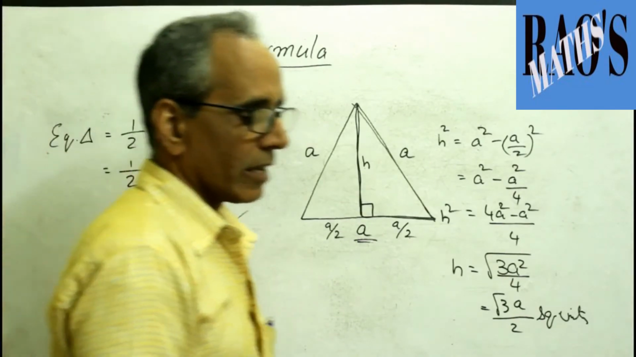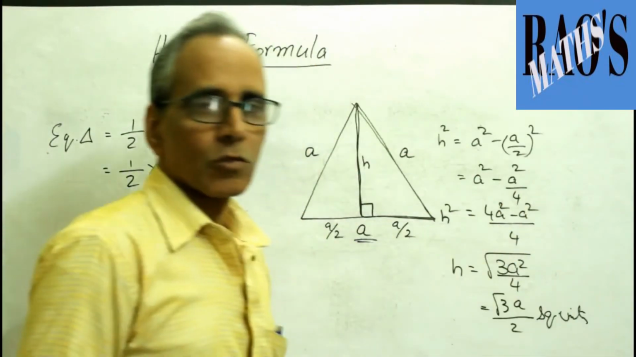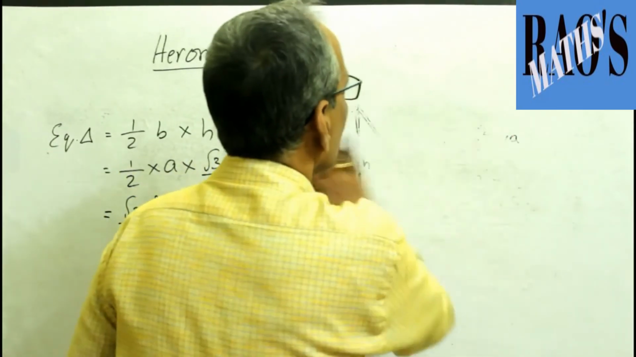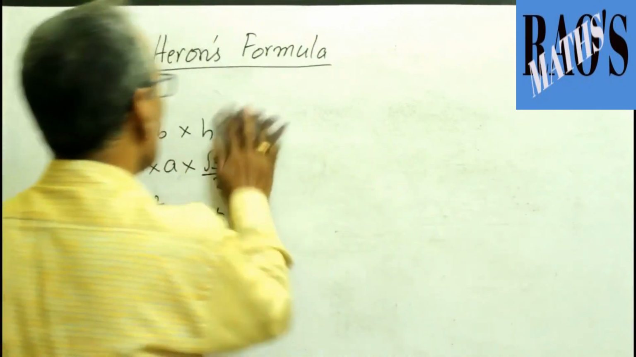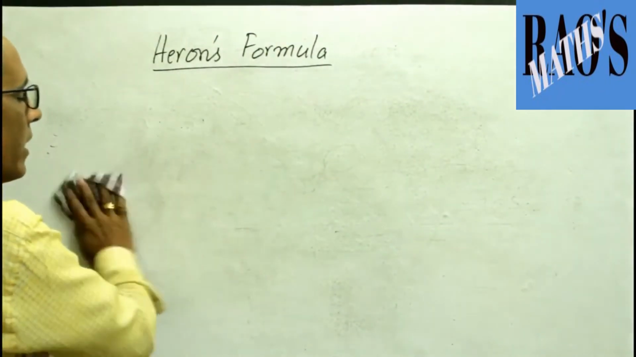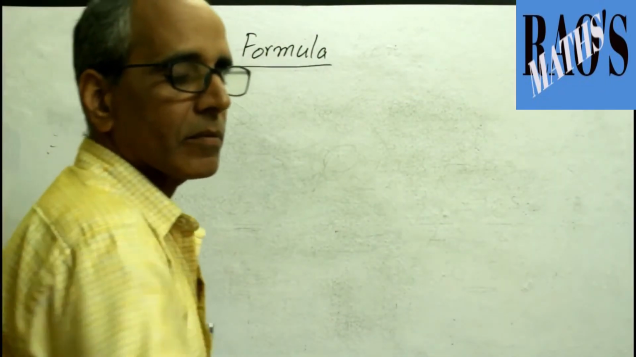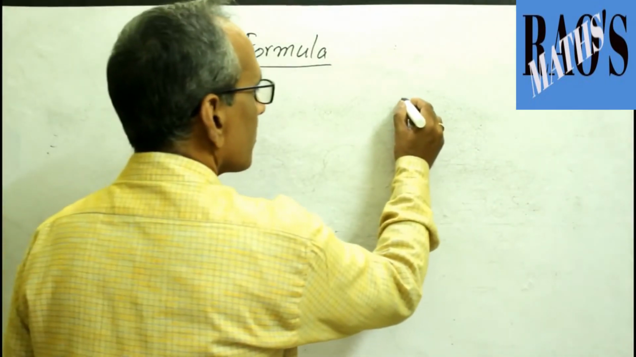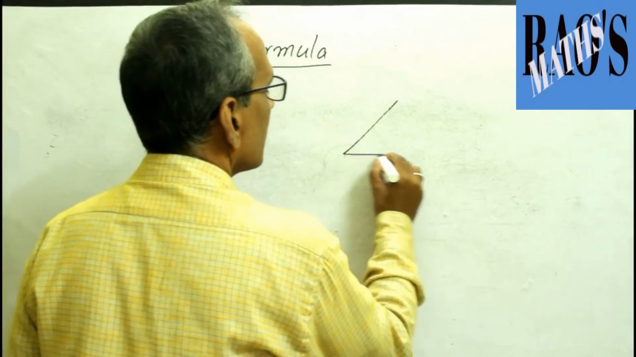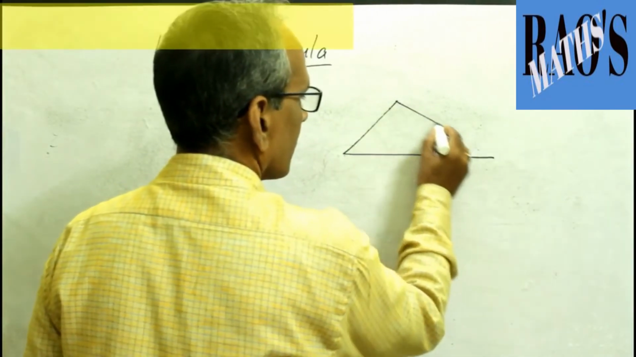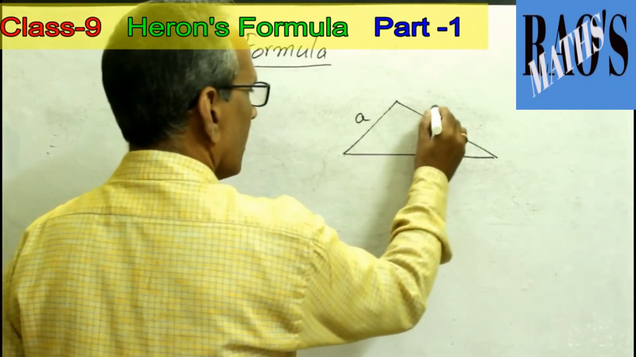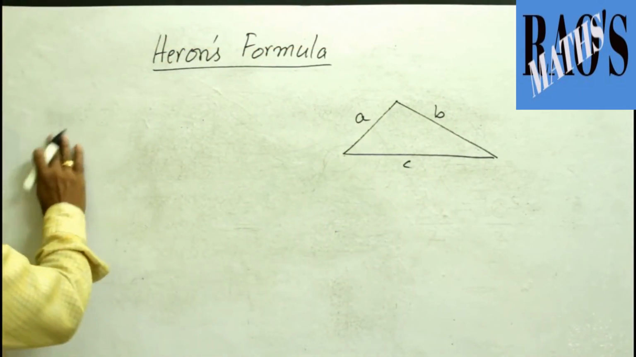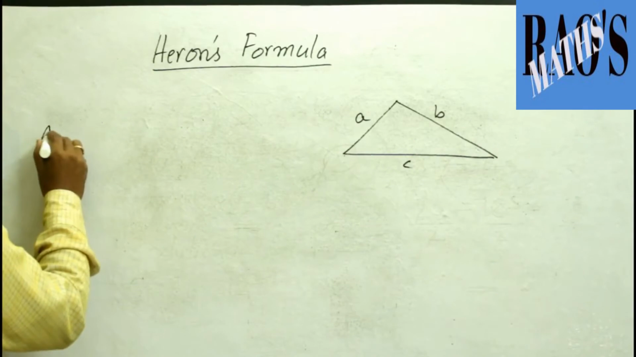Let's go back. What is Heron's formula? What is it used for? So Heron's formula is used to find the area of any scalene triangle of sides A, B, C. Suppose you have a triangle of sides A, B, C units. So its area by the formula is